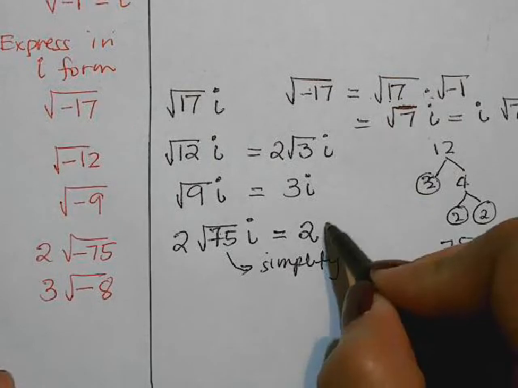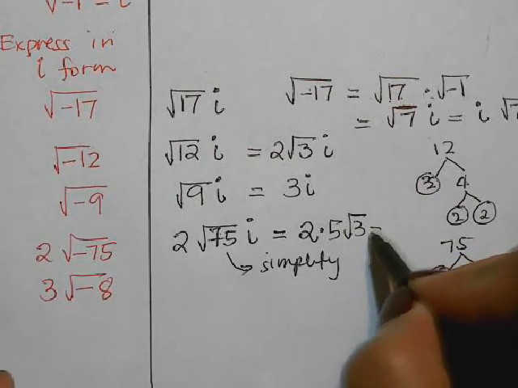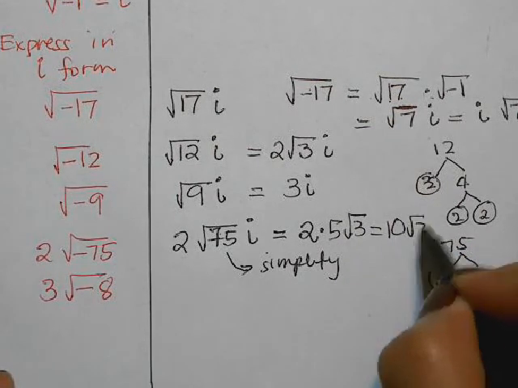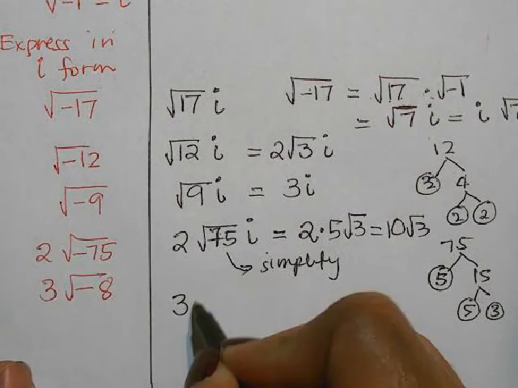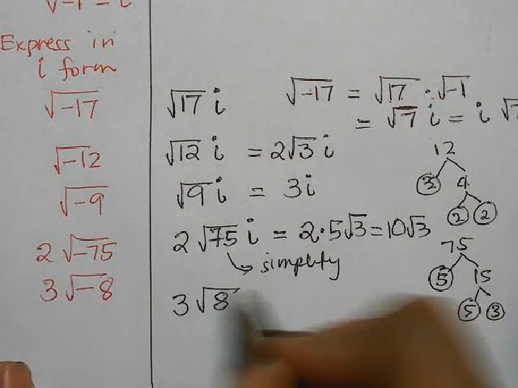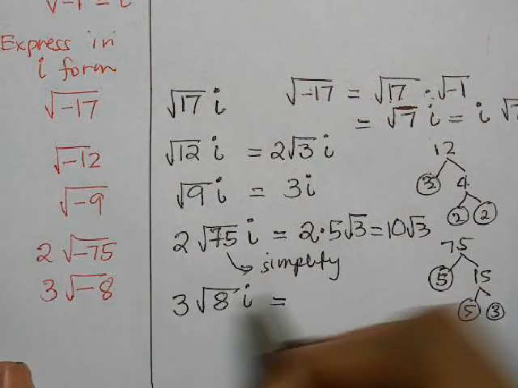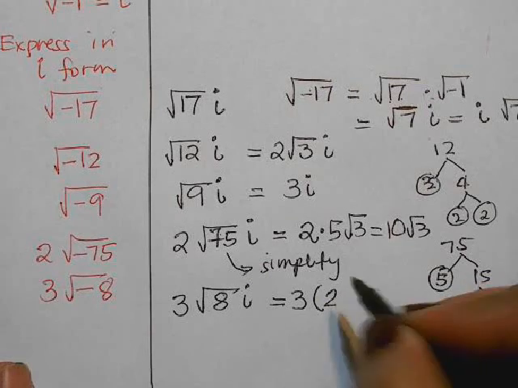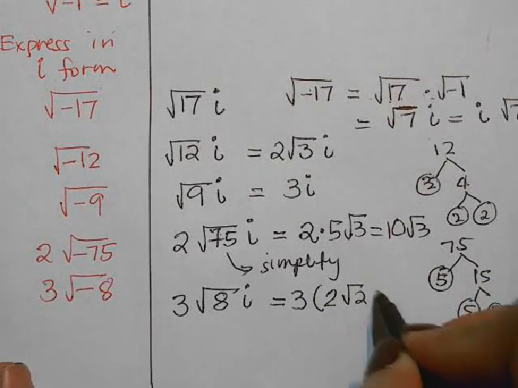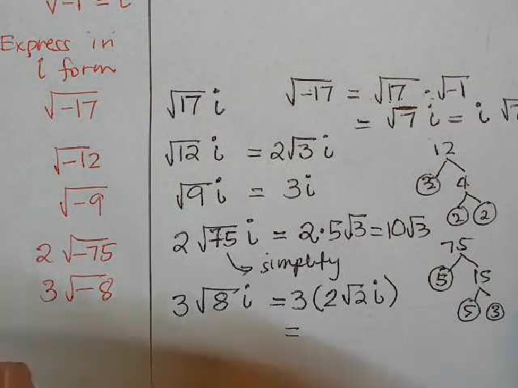So that's 5 square root of 3, so 2 times that is 10 square root of 3, i. Okay, 3 times the square root of negative 8 will be 3 times the square root of positive 8, i on the outside. And the square root of 8 is 2 square root of 2, i. So finally that will be 6